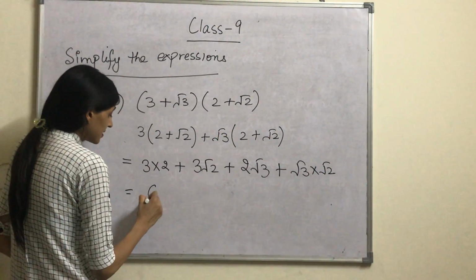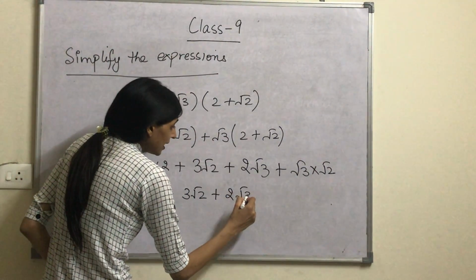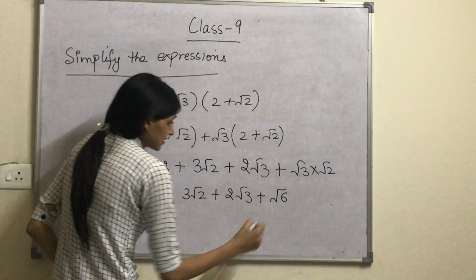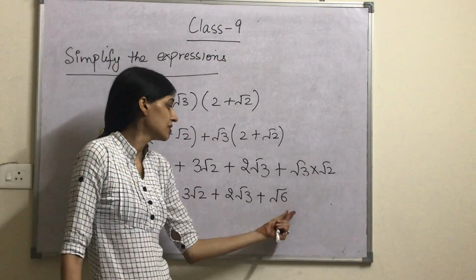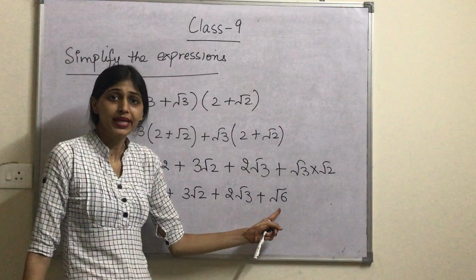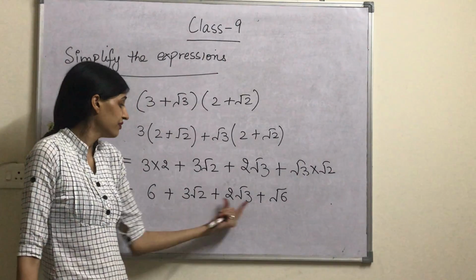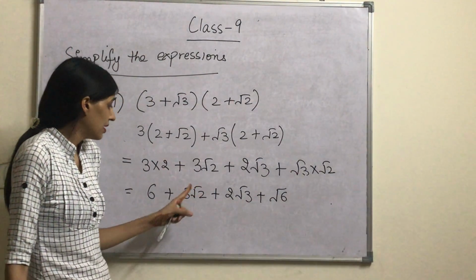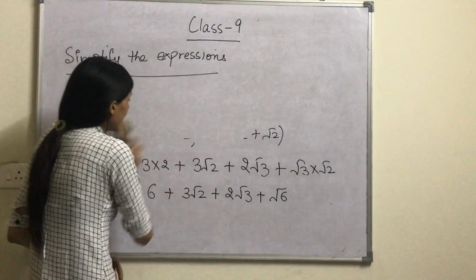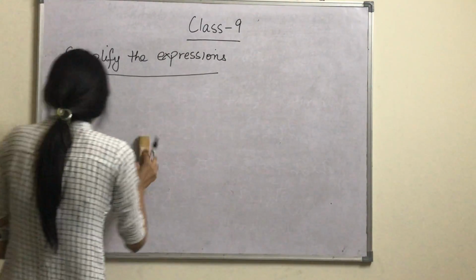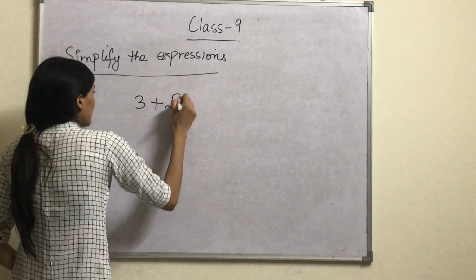Now 2 into 3 is 6 plus 3 root 2 plus 2 root 3 plus root 6. Root 3 into root 2 is root 6. So this is the final answer which we get. We cannot add further because this is 3 root 2, this is 2 root 3. If the number under the root is the same, only then we can add, right? Similarly, the next is